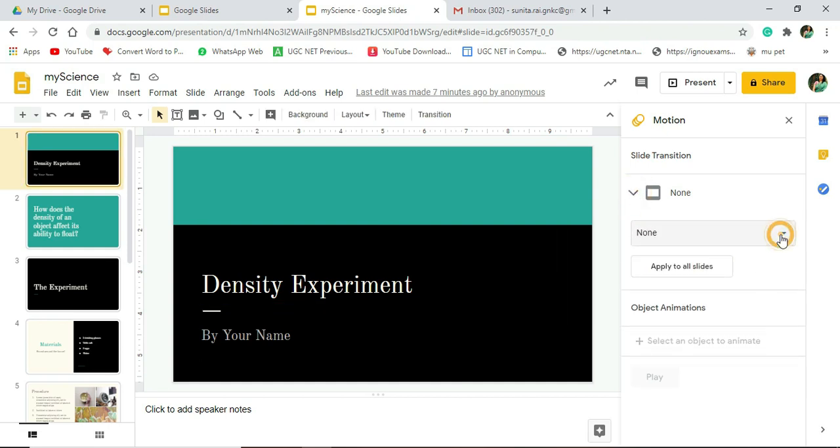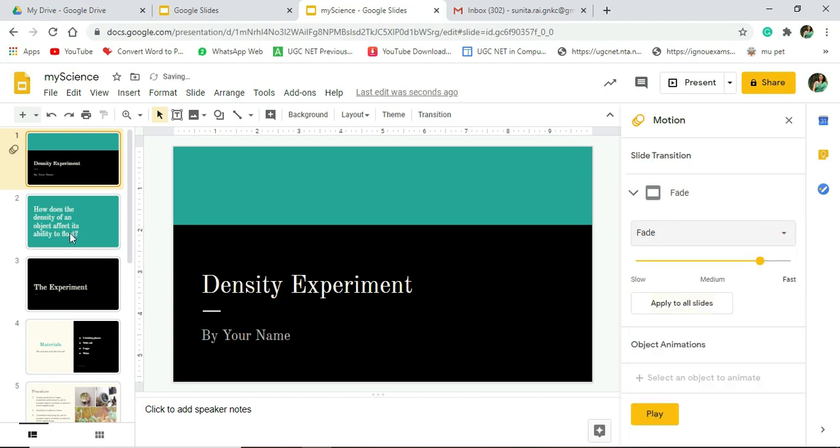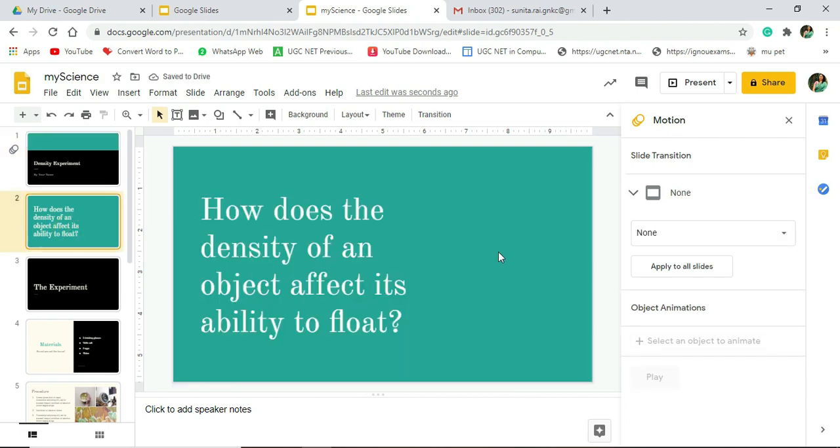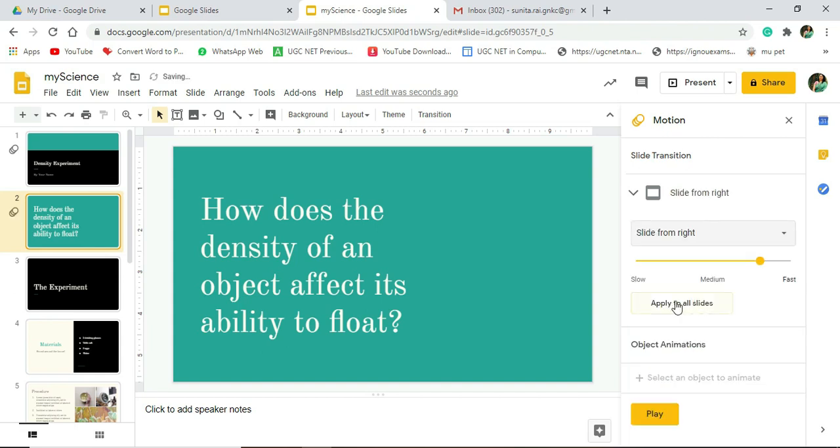Suppose I want a fade transition, then again I'll select another transition. Then whatever transition you want, you can select that. And if you want the same transition on all slides, you can click on apply to all slides. Now you can see whatever changes I am doing, it is saving to my drive.